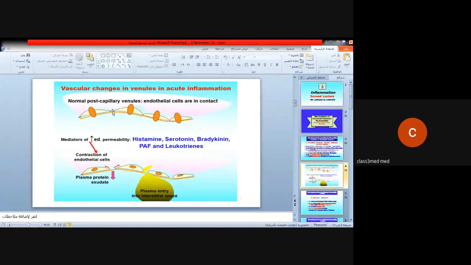This is normal. In the postcapillary venules, normally, there is no gap between the endothelial cells. In acute inflammation, with the formation of chemical mediators that increase the vascular permeability, such as histamine, serotonin, bradykinin,